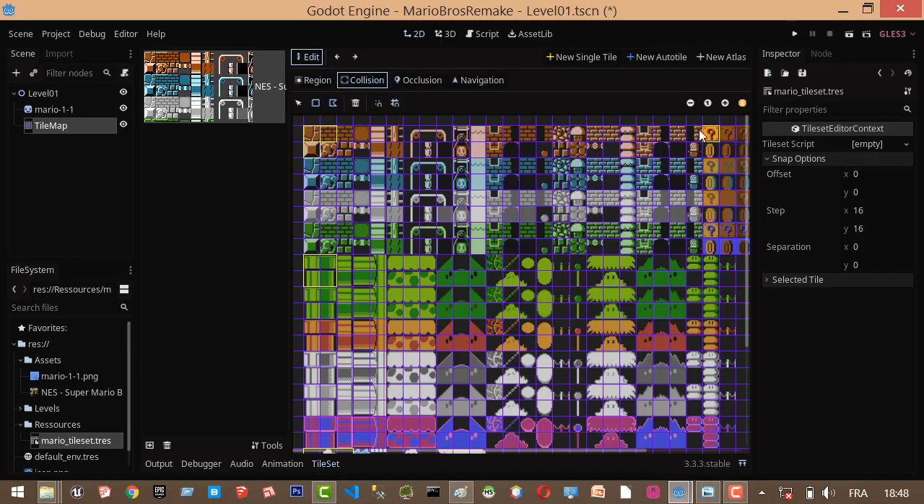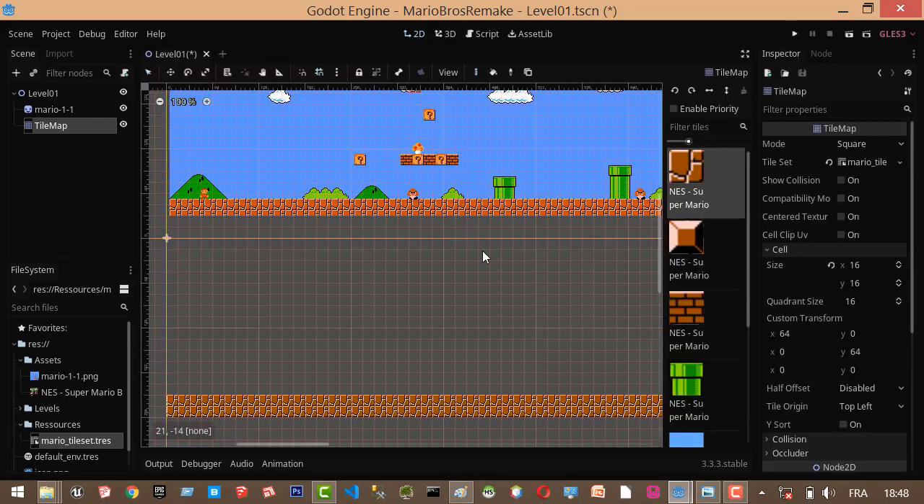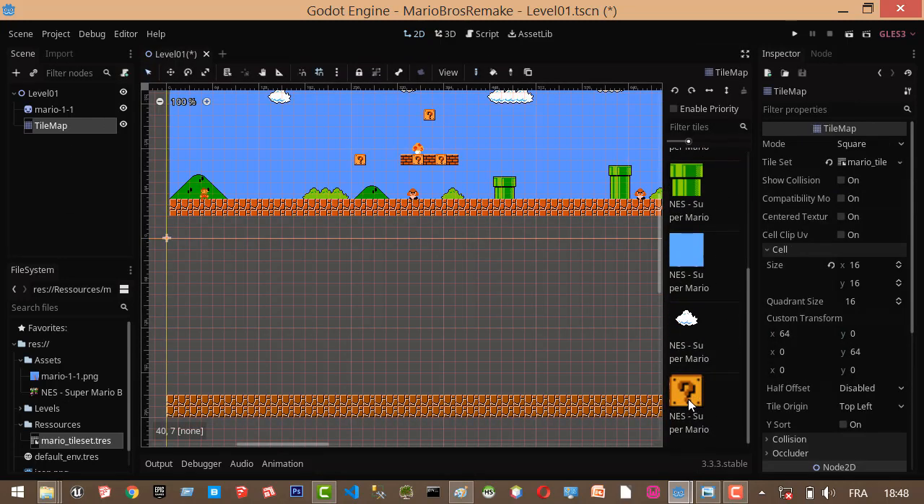So we have it ready, and then make a save to have it, and go back to the level, to the tile map, and you can see that I do have the question mark block right here. So I think we can put it right here and continue with our level